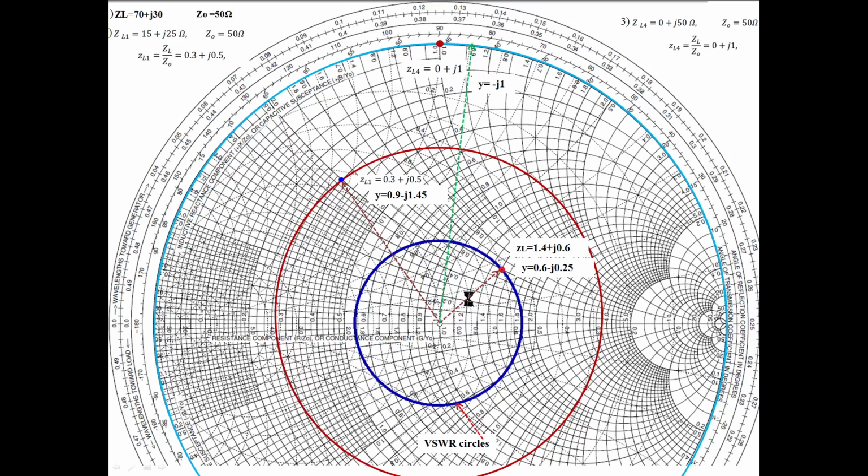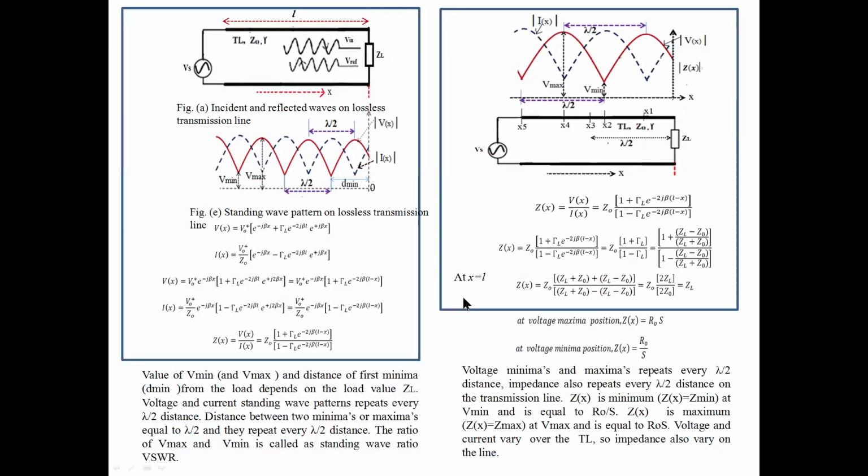Okay. In the previous class, we were discussing how to draw the VSWR circle for any given load. Any load ZL connected has a VSWR, the voltage standing wave ratio. For a given load and frequency, it is unique on that transmission line. For a given load and characteristic impedance, it is a constant value, only one value of VSWR, so that we can draw that circle.